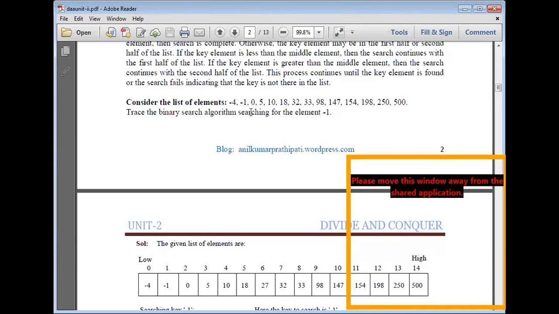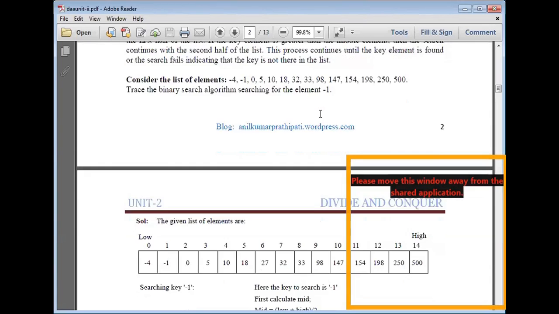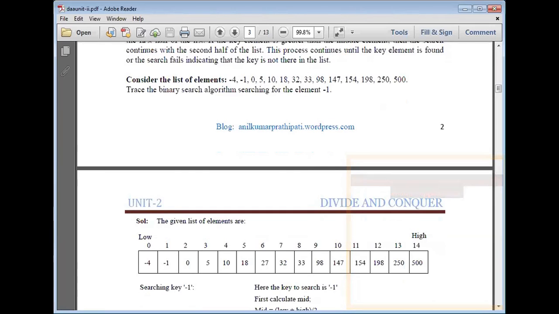0 5 10 18 32 33 98 147 154 198 250 500. Trace the binary search algorithm searching for the element -1.